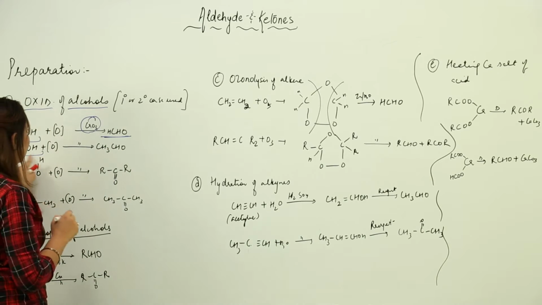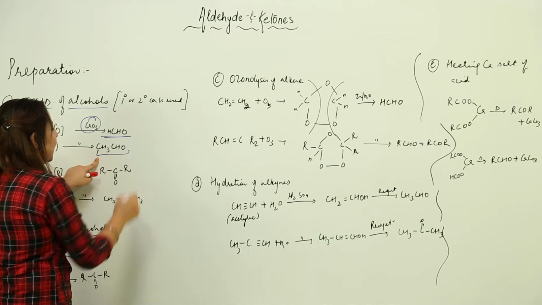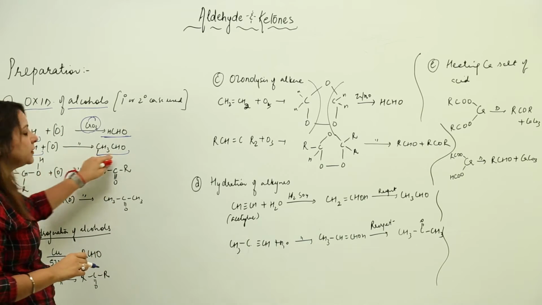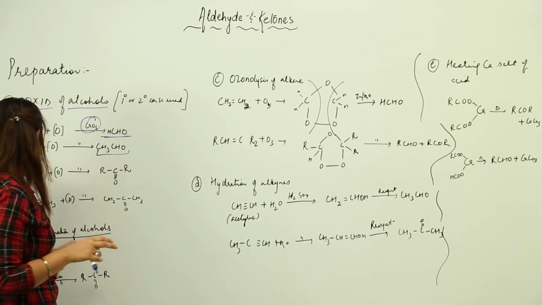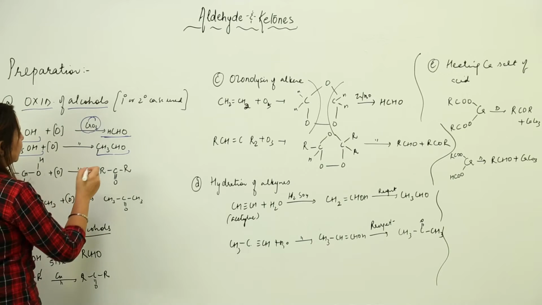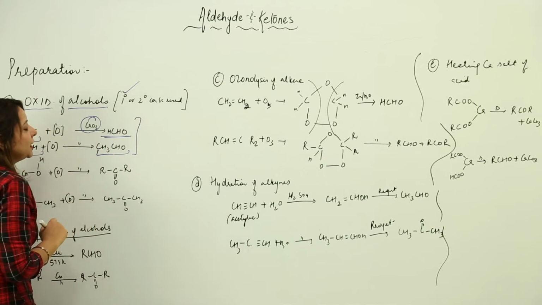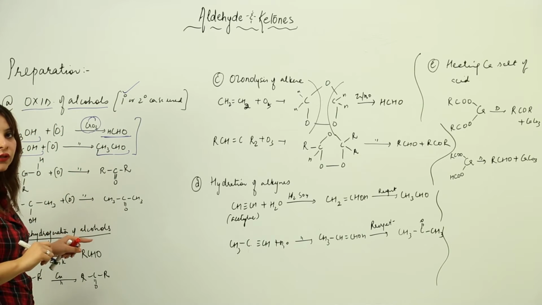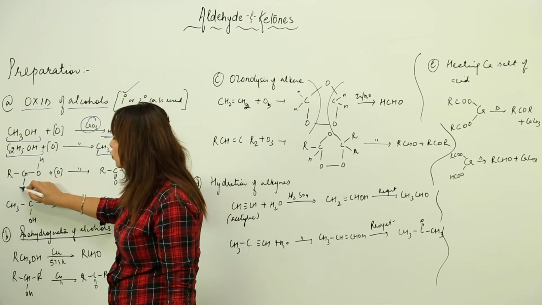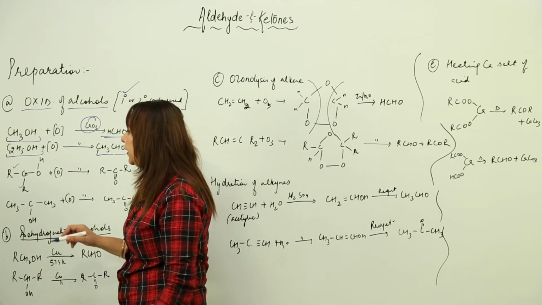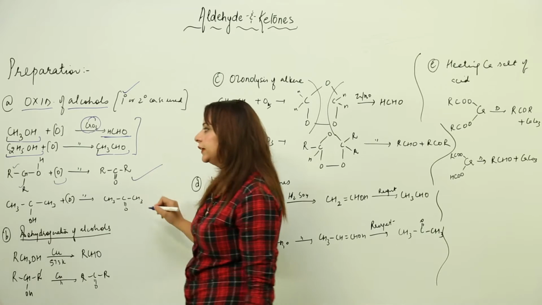Likewise, we have ethanol, again oxidized in the presence of the same CrO3. It also stops the reaction at the aldehyde, forming an aldehyde with 2 carbon atoms. That is when you are taking into consideration only a 1 degree alcohol. But when you take a second degree alcohol, that means a secondary alcohol, suppose I have this secondary alcohol, to which 2 R groups are attached, and you do a partial oxidation, it forms a ketone.